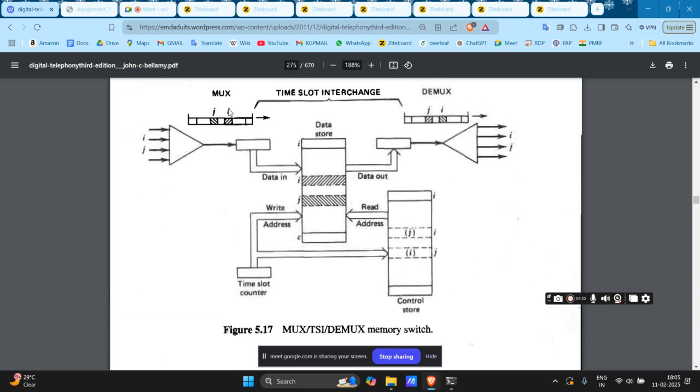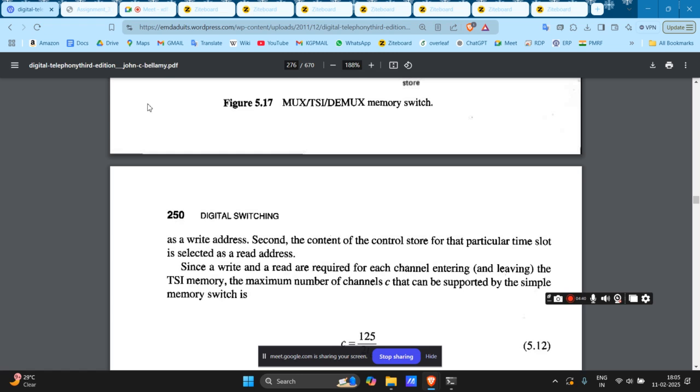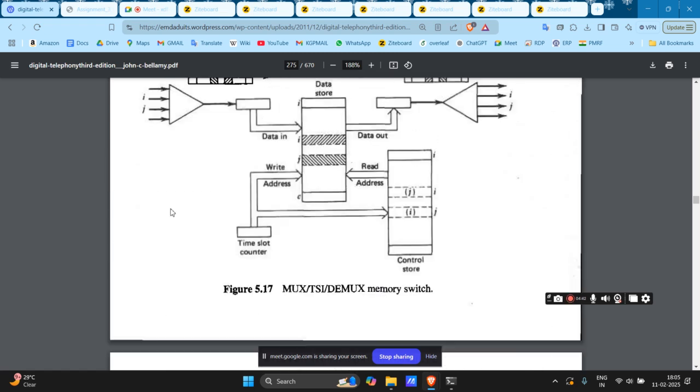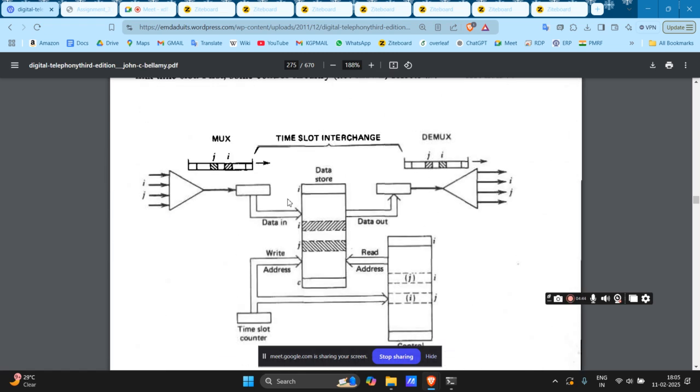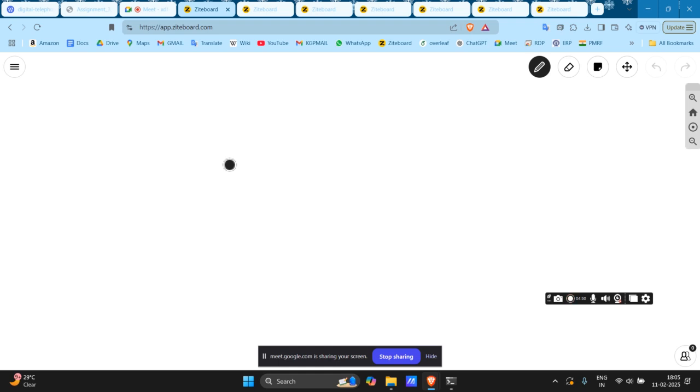Now since we are taking voice communication here, in voice communication the frames are usually of 125 microsecond duration. That is the industry standard for voice communication. The frames will be 125 microsecond duration. So if one read or one write operation takes, say, TC amount of time,